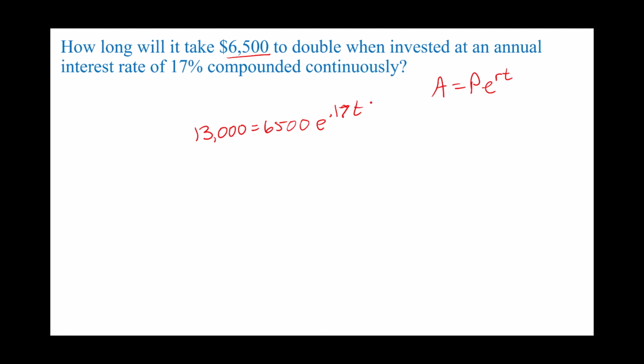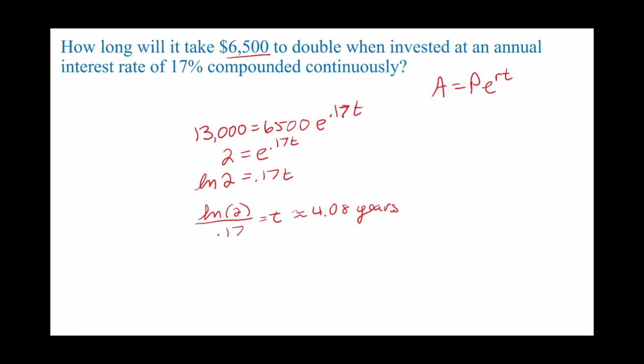To solve this equation, I'll first divide by 6,500. 13,000 divided by 6,500 is 2, equals e to the 0.17 t. Change this to logarithmic form, and I get the natural log of 2 equals 0.17 t. Divide both sides by 0.17, and I get the natural log of 2 divided by 0.17 equals t, which is approximately 4.08 years. So it would take about 4 years, a little bit more than 4 years, to double the money if we start with a